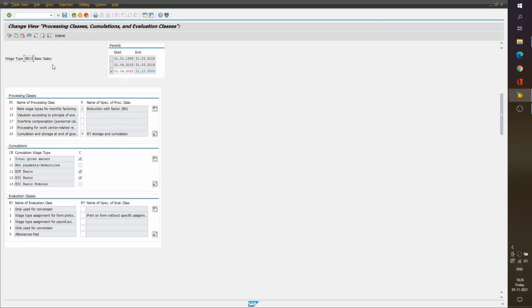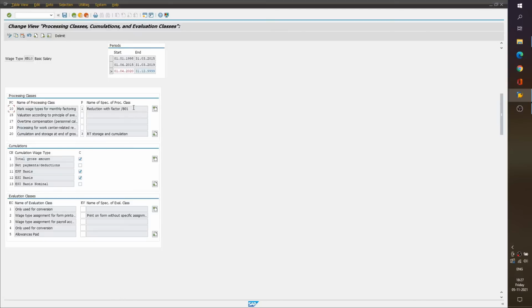Next time, whenever we have to create a new wage type with similar processing logic, we just need to copy and create that wage type, so that the processing class settings will be similar, and it will automatically follow the rule that we have written for a particular specification of the processing class.